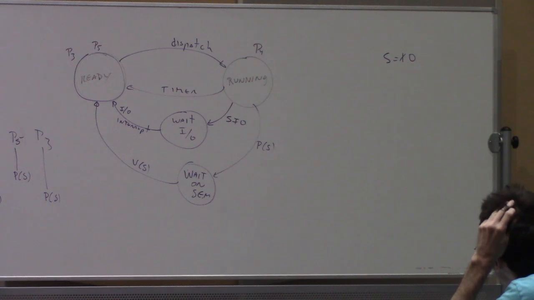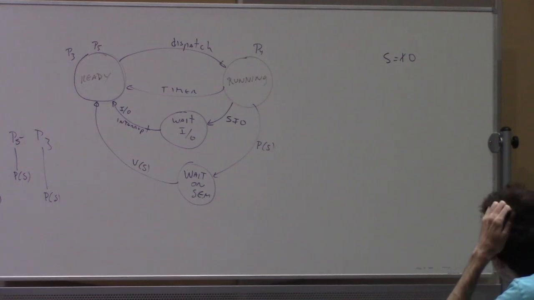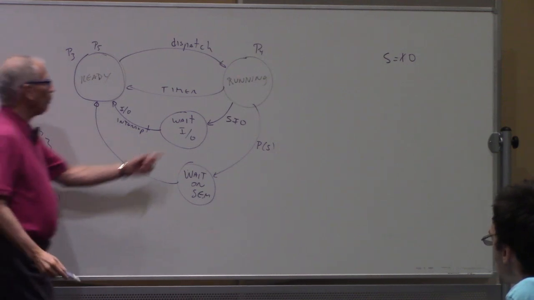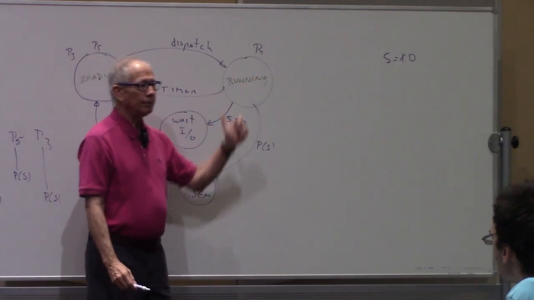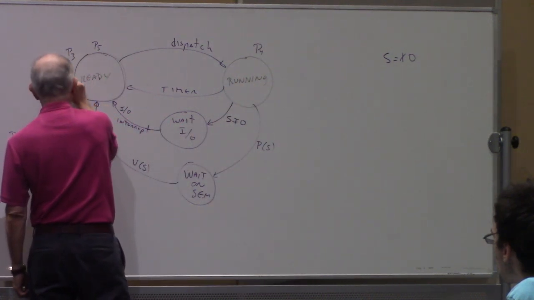While in the critical section, if there is a timer interrupt, we know, remember, we cannot have interrupts while we are executing P or V, because remember that we disable interrupts, apply P, enable interrupts. So if I ask, can we have a timer interrupt in P? No. But in the critical section, this is standard code. So if there is a timer interrupt here, what is going to happen? What happens to a process that is running and there is a timer interrupt? Back to ready, right? So P4 comes back here,